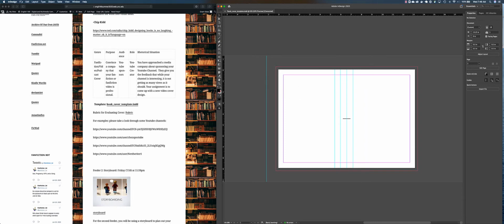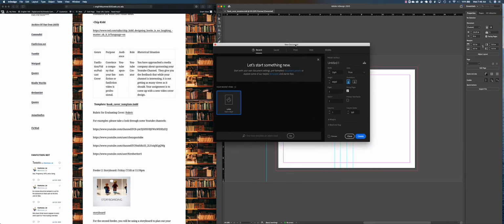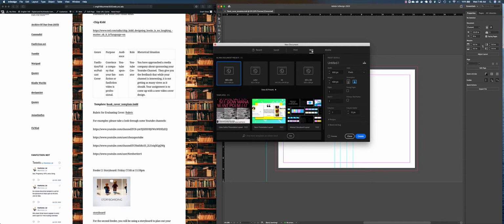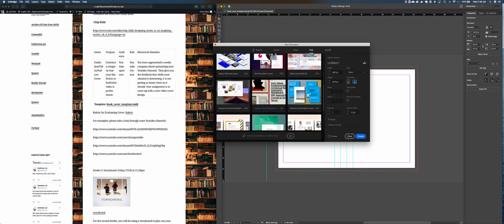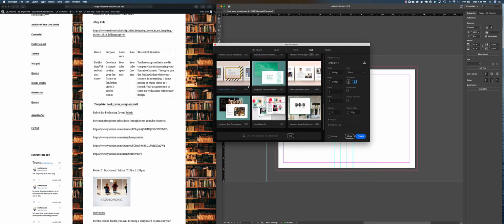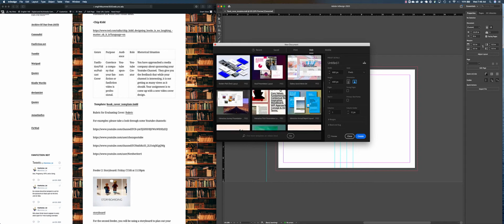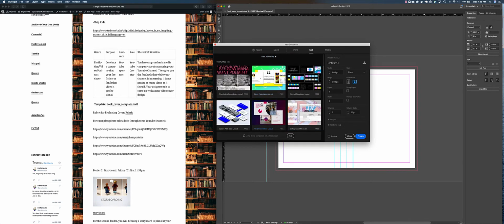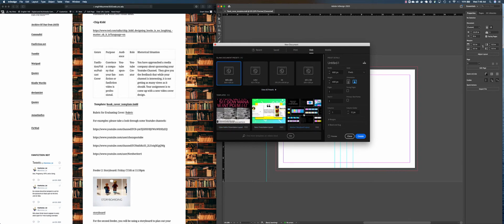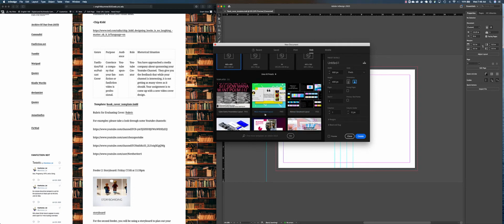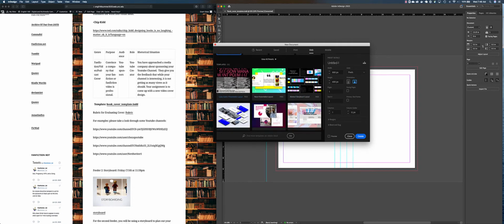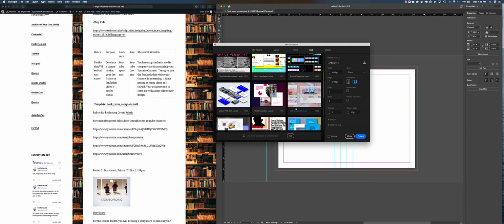You can also in InDesign do a new document, and you can do it in different ways. I can do web. And there's different layouts that you can do, and you'll see because we have an enterprise level license, you have some presentation layouts that are free.